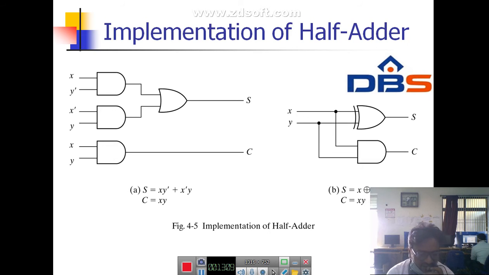So n is nothing but, for example, we can consider n equal to 2, then 2 power 2 is equal to 4 outputs. That means from this we get a 2 into 4 decoder. If n is equal to 3, the output 2 power 3 is 2 2s are 4 and 4 2s are 8. So the output is a 3 into 8 decoder.